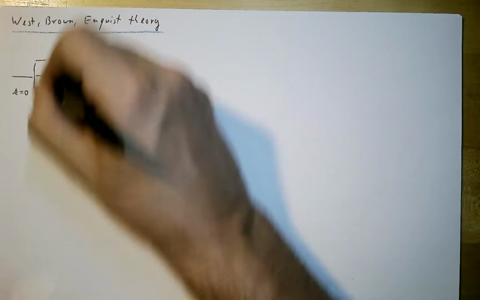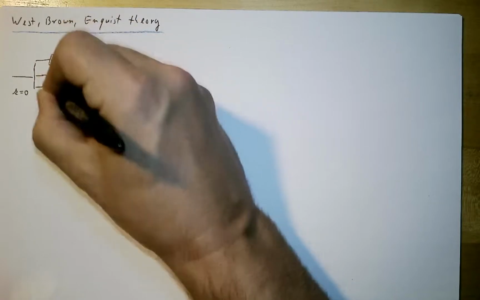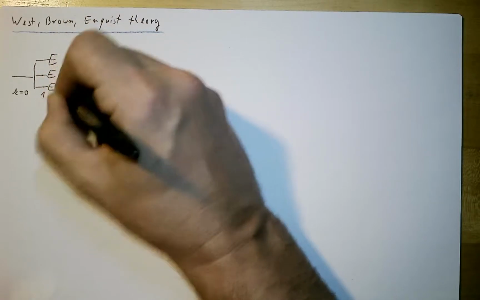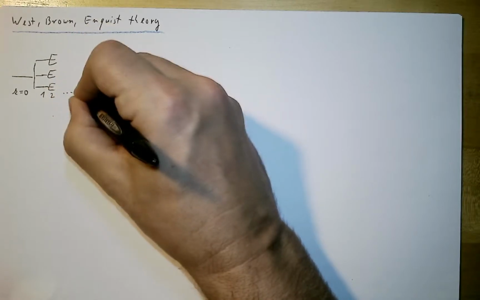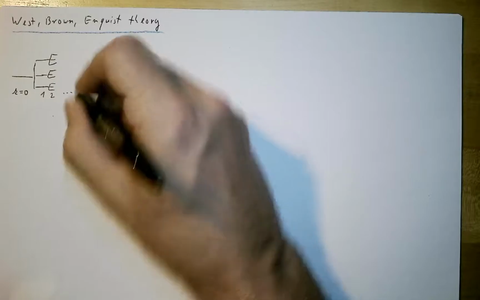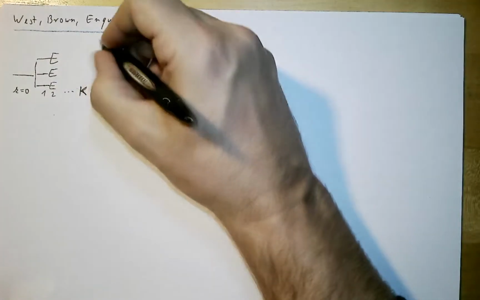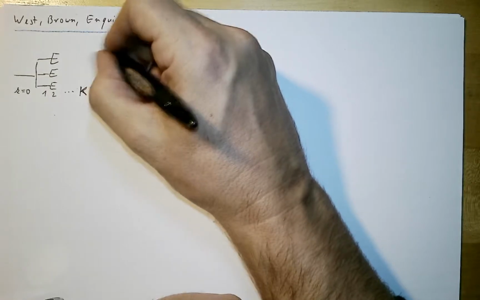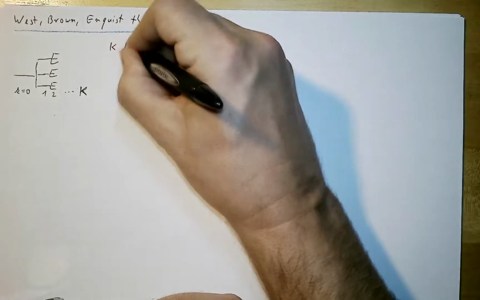Here we have k equal to 1, and then we have a next branching, k equals 2, and so on, and we have until a big K. That's the number of branchings. So our fractal, so we have in total K branchings,